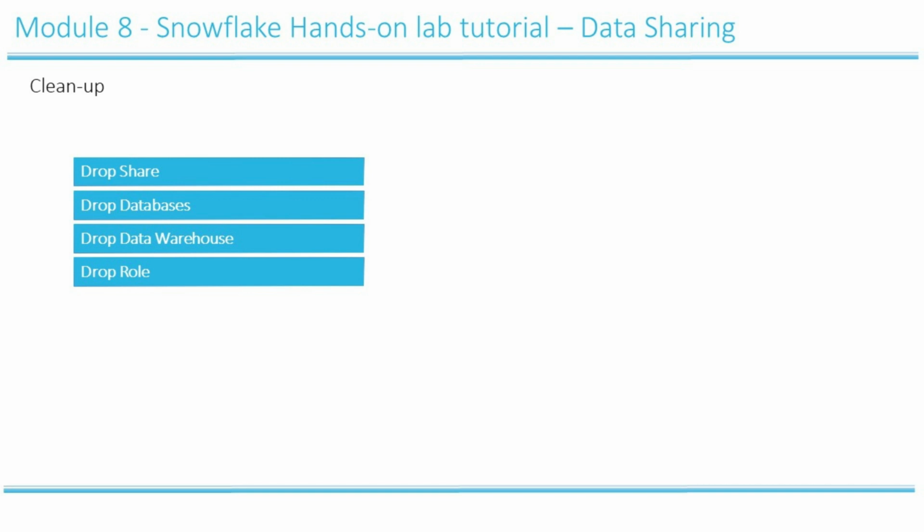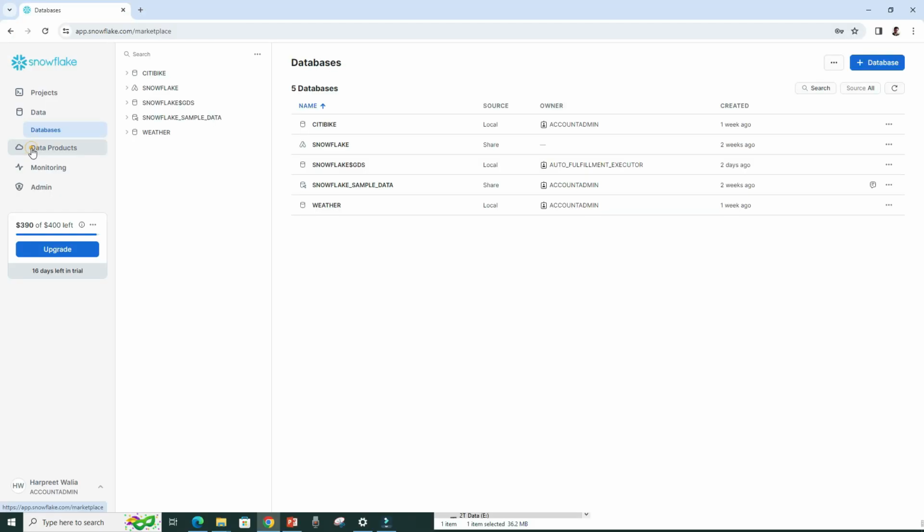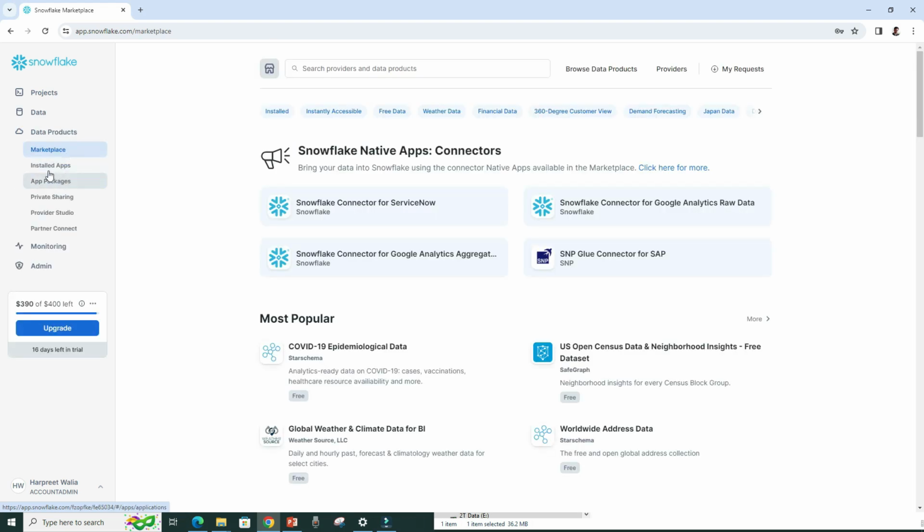So now we are done with the lab, and now we will clean the entire system, starting from dropping the share, then databases, the data warehouse which we created, and the role. So with this we will have a clean system. We will start with cleaning the share. So we'll go to